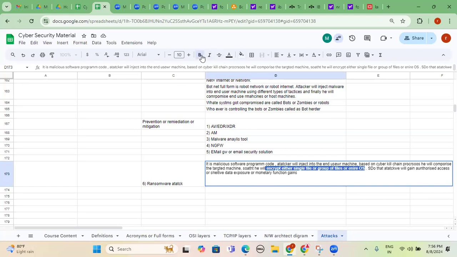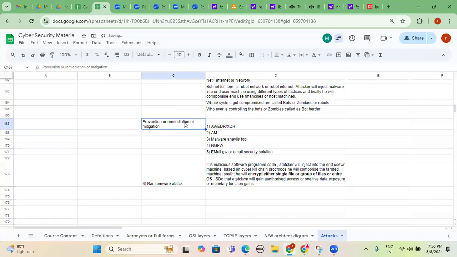For each and every attack, please remember a couple of keywords. Virus: self-replication within a system. Worm: self-replication within a network. Backdoor: bypassing the authentication. Trojan: unauthorized access from illegal software file downloads. These are all malicious software program code, and the attack will compromise multiple systems, through a botnet, the internet, or a local area network.